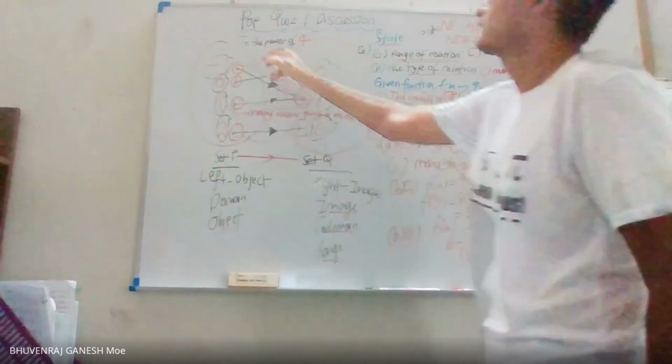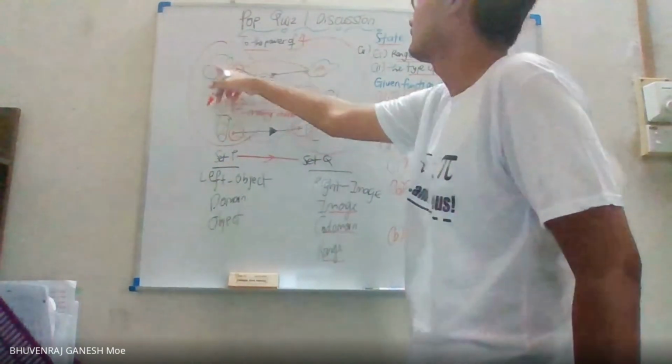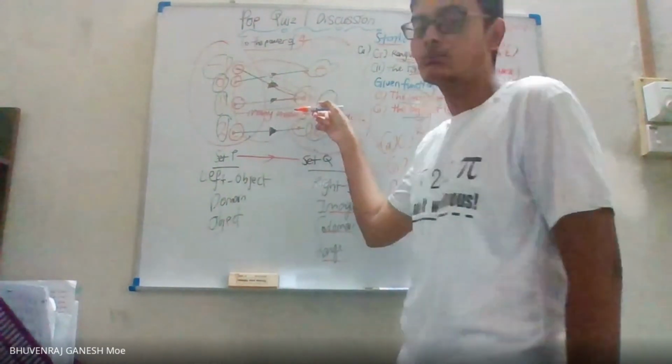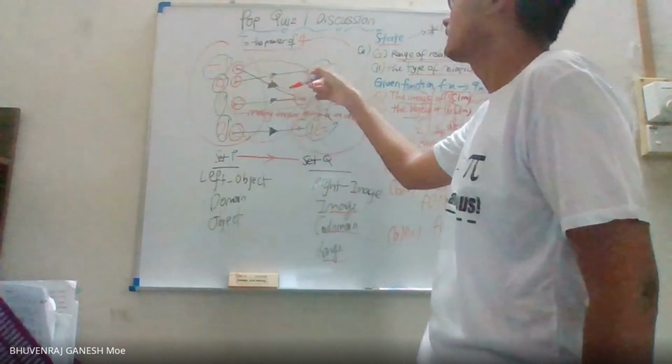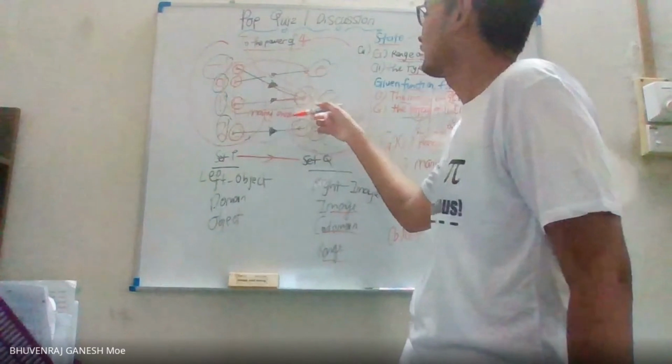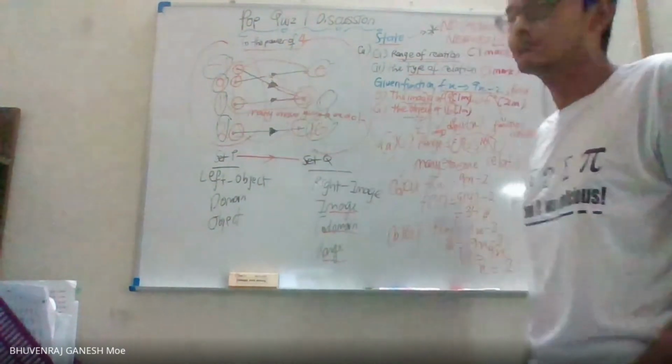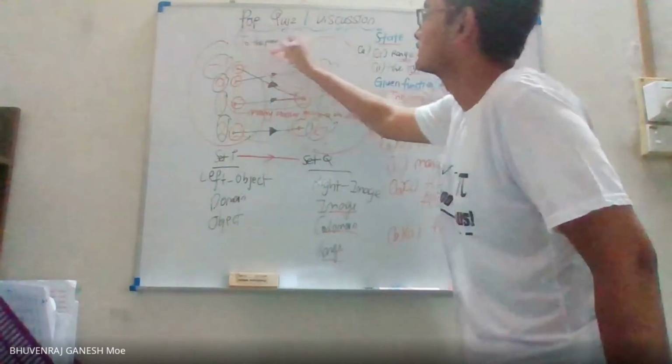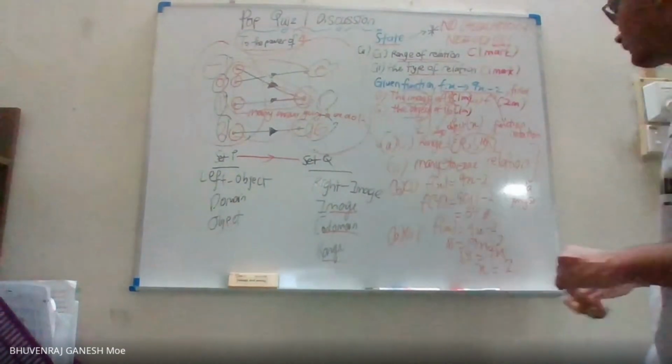That's why they say the relation here is to the power of 4. It means that -1 to the power of 4, you will get 1. 0 to the power of 4, you get 0. 1 to the power of 4, you still get 1. 2 to the power of 4, you get 16. That's why the relation here is to the power of 4. Okay, so x is,